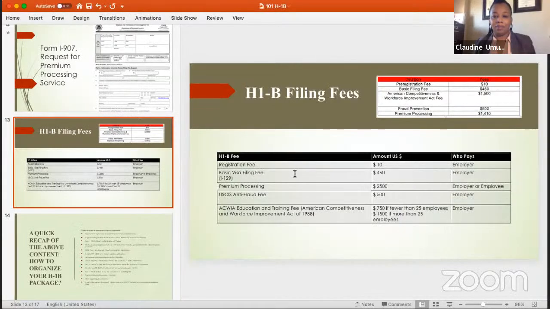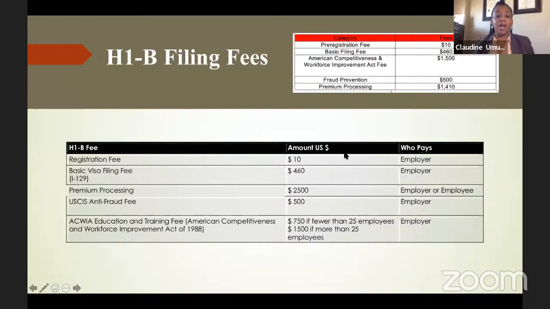All right, so I was saying that there are filing fees that are required. So yeah, are you able to see the filing fee? The registration fee for each employee is $10. Even if they don't get selected, the employee is going to lose it. That's what it is. So the Form I-129, the petition, is $460